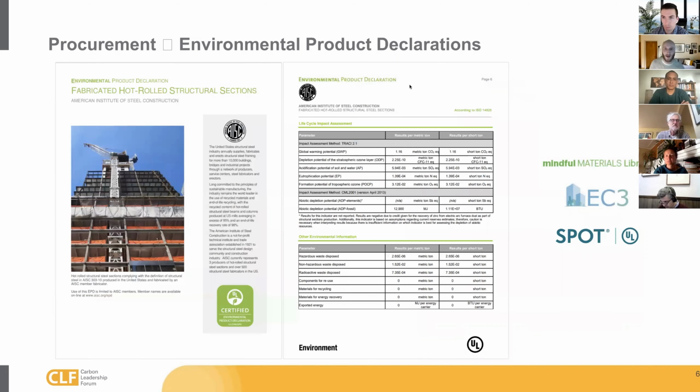We can do that by looking at environmental product declarations that are provided by the manufacturer or other standard organizations. And the key here, if you have never looked at one of these, is to look for this GWP number right here. This is what we use to calculate the embodied carbon. Of course, everything else on there is important, but for the sake of this conversation, we'll just be focusing on GWP today.